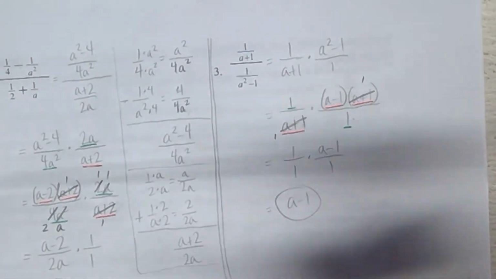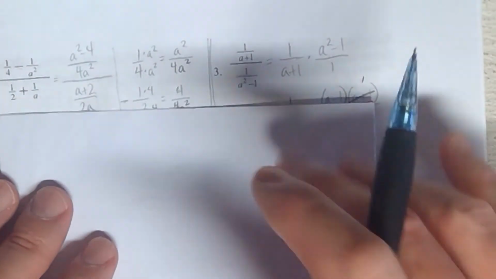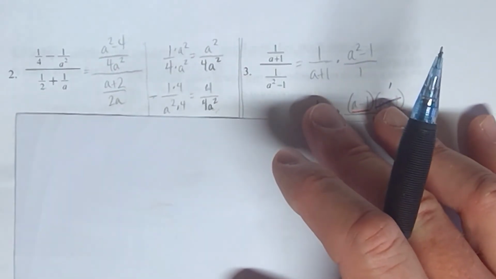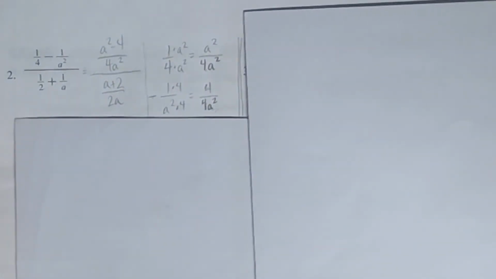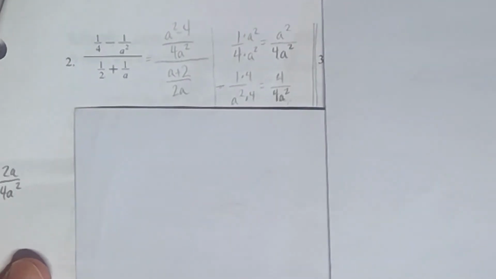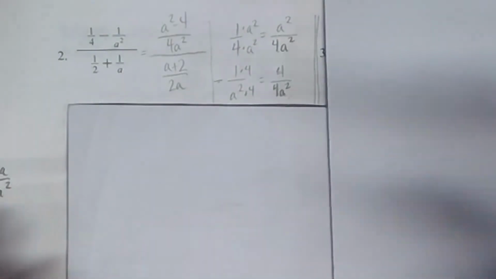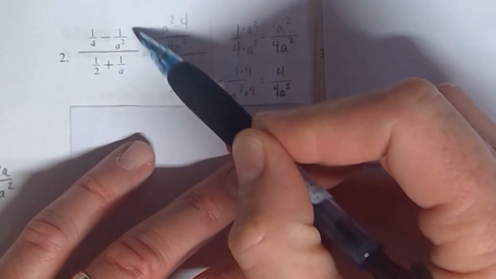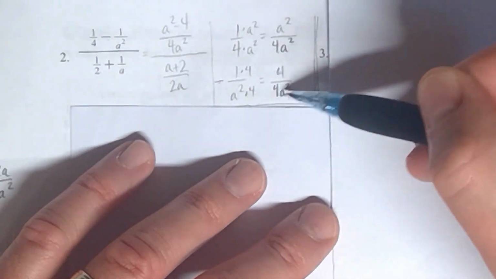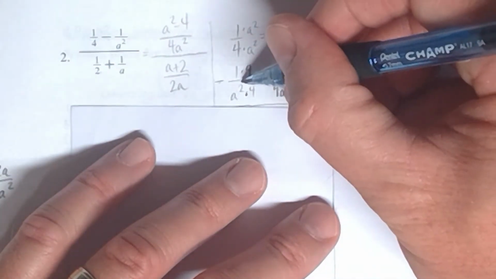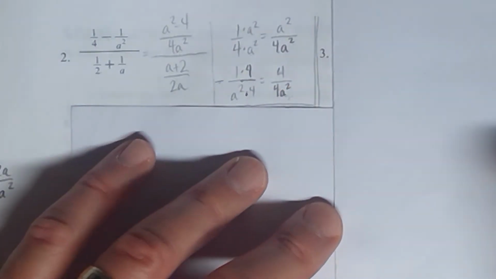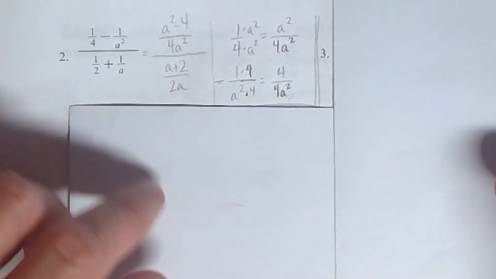In number 2, again, same idea. We need to take the top here and make it into... let me go ahead and zoom in here so we can see it better. We need to take the top of the big fraction bar and make it into a single fraction. The LCD is 4a squared. Why is that? Why is the LCD 4a squared? It's because